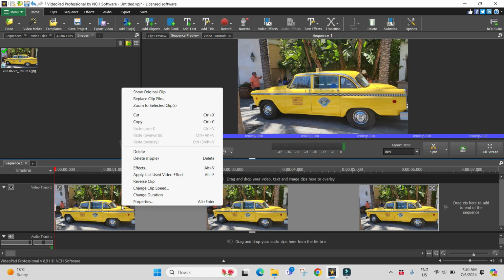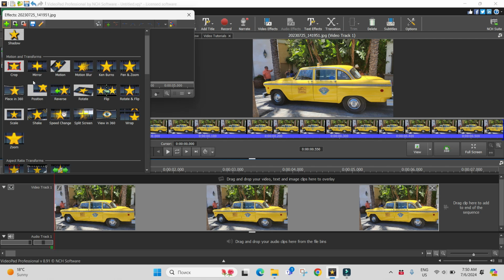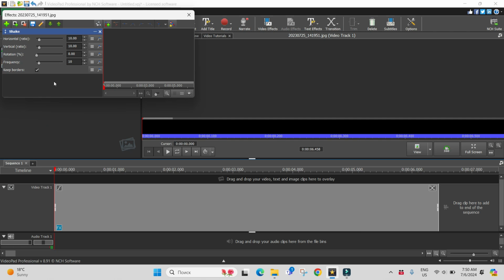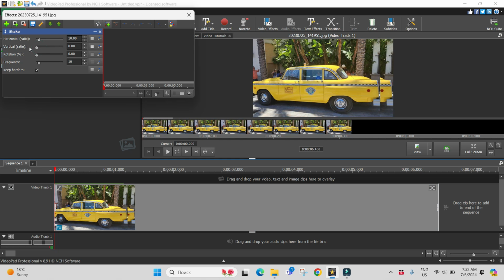So I did right click of my mouse, choose effect, adding shaking effect. Everything is the same. Let's say from the very beginning I want to have horizontal shaking only,